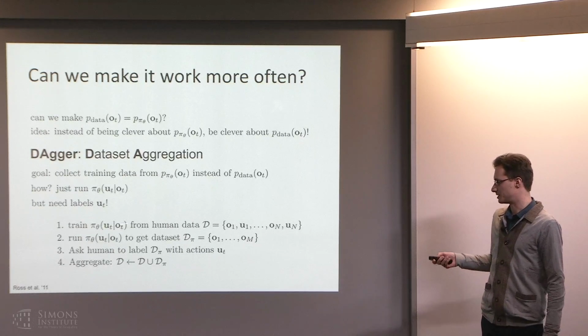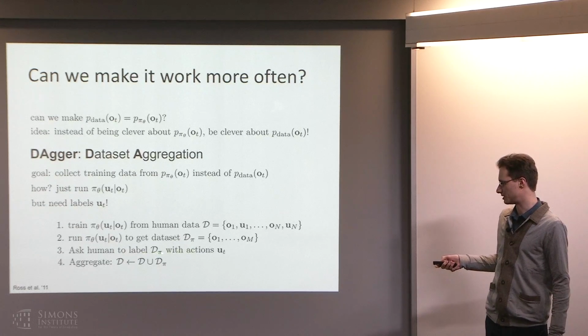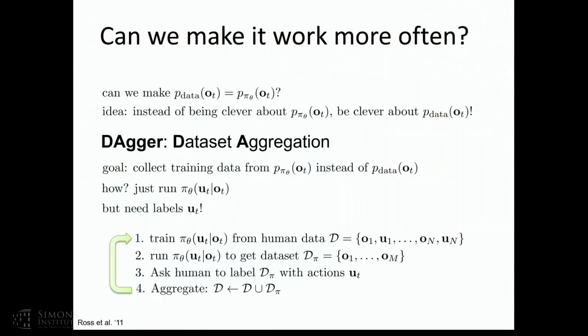And then you're going to just combine these data sets. You're going to take this new labeled data set D pi, take the union of that with what you have so far, and then you'll repeat and retrain. And you just go through this over and over again. The full proof is in the paper, but the simple version is that as you do this more and more, eventually your data set D is going to consist primarily of data from your policy, and the whole thing will actually converge. And there's a more formal result in the paper.